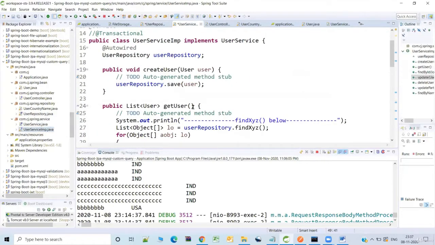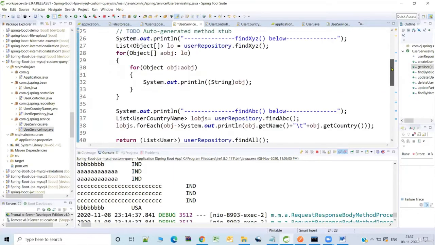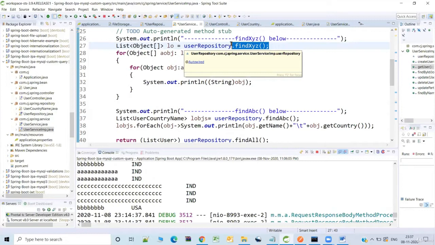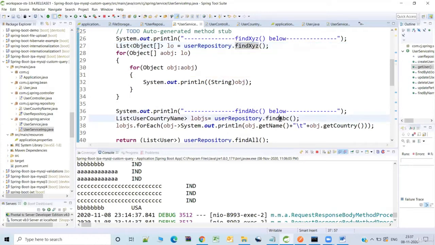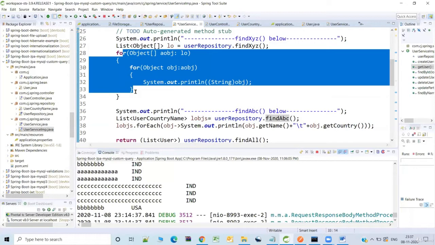From the REST controller, I am invoking a couple of them just to check how the custom repository methods work. So I'm invoking the find XYZ and find ABC, and I'm getting the appropriate return object, and I'm just trying to iterate and print it.